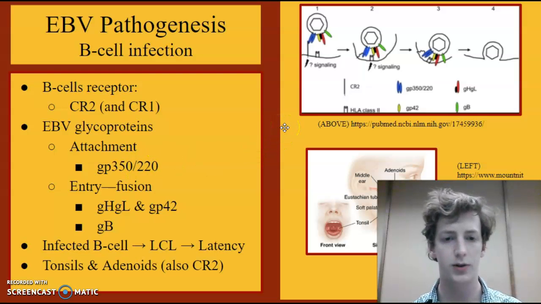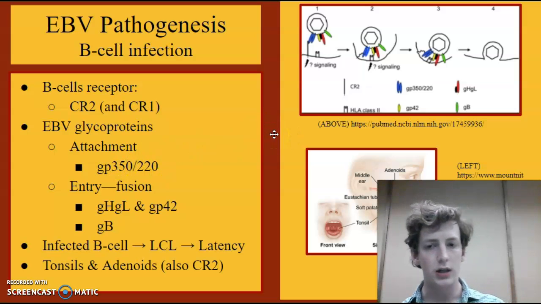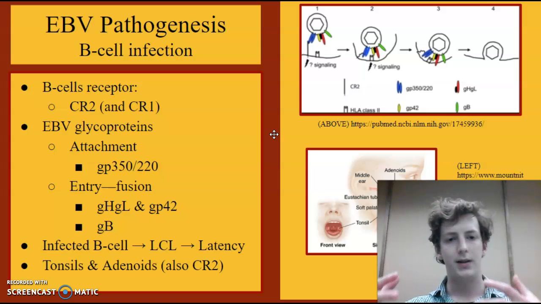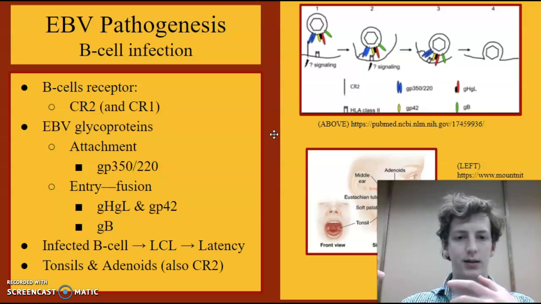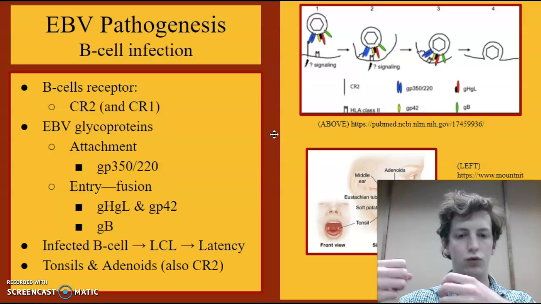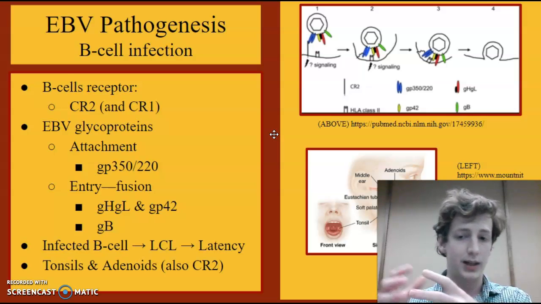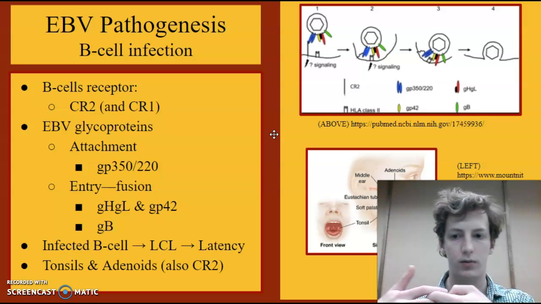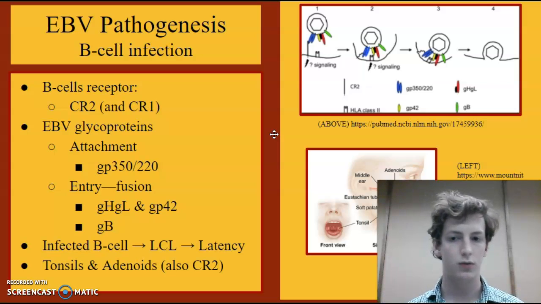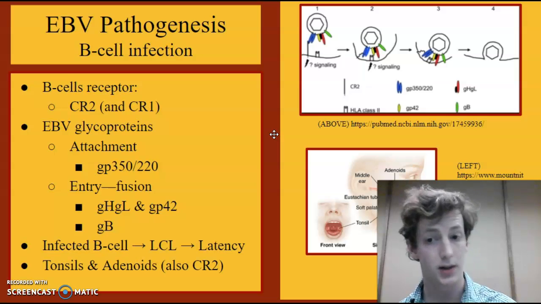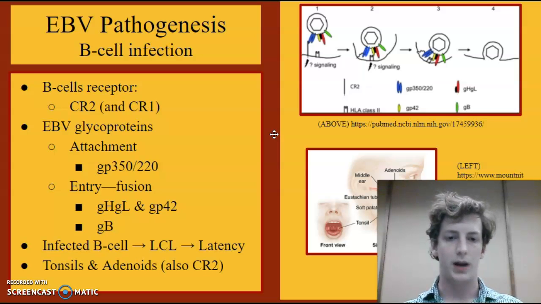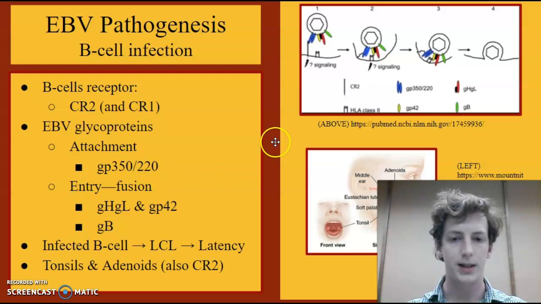And the numbers there just indicate its mass in kilodaltons. Now, GP350 resembles C3dG, so that when the B cell detects the EBV approaching, it registers that GP350 molecule as C3dG, and so it accepts it. It thinks that nothing's wrong, surely. It's just a regular pathogen. It's not. And now, at this point, EBV's goal is to enter into the B cell, and it does this